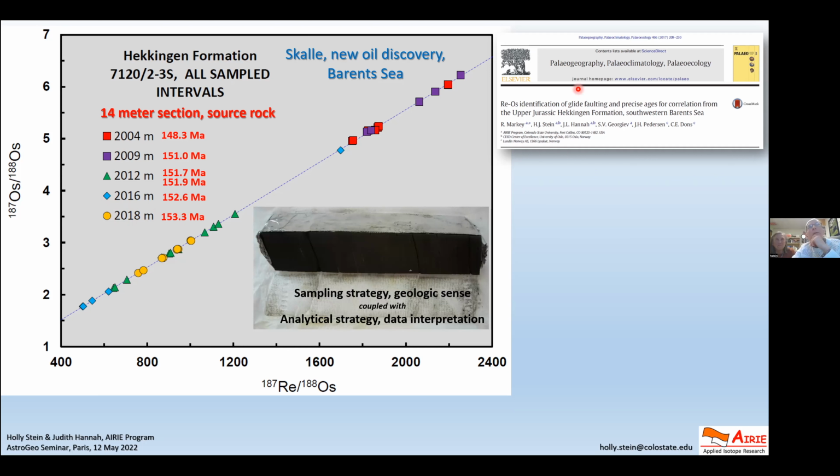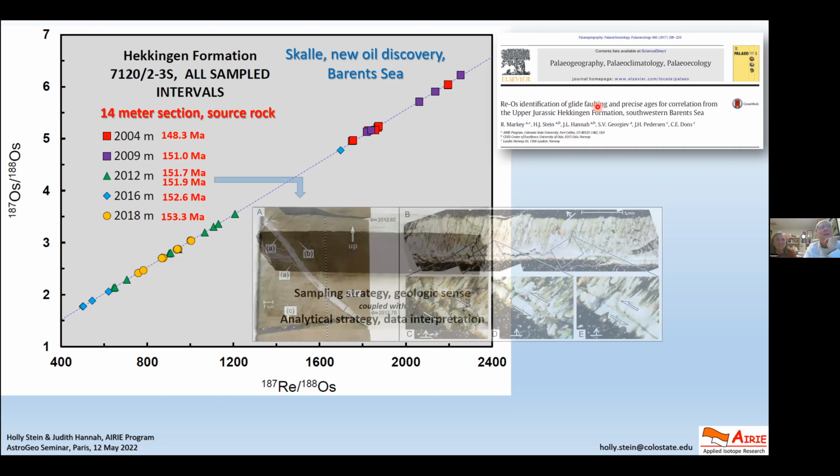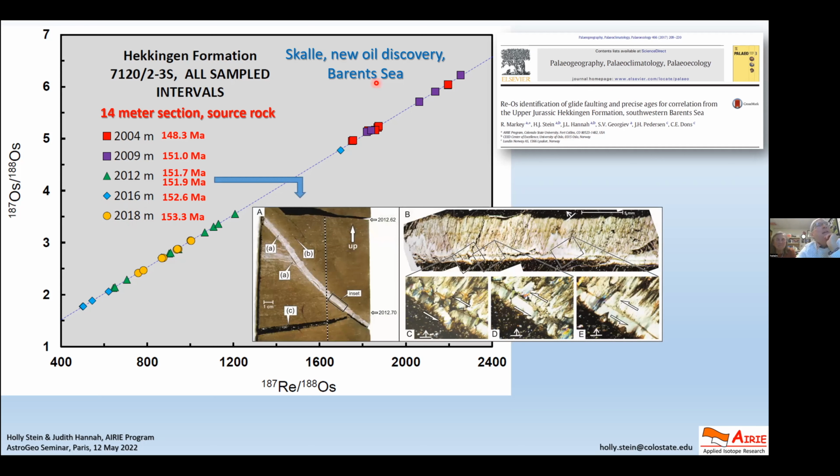So you could again go to this paper, that's why we put it here, and you can look at some of this, and we did some dating of glide faulting in there, which was really fun. And how did we know? The age, this is the piece here, 2012, this piece. And the ages we got here have been corrected to show you how things stack up in the right order, the right age. But the initial ages we got, up section, you would think they would be younger than the ages down here, but we got something that was way older.